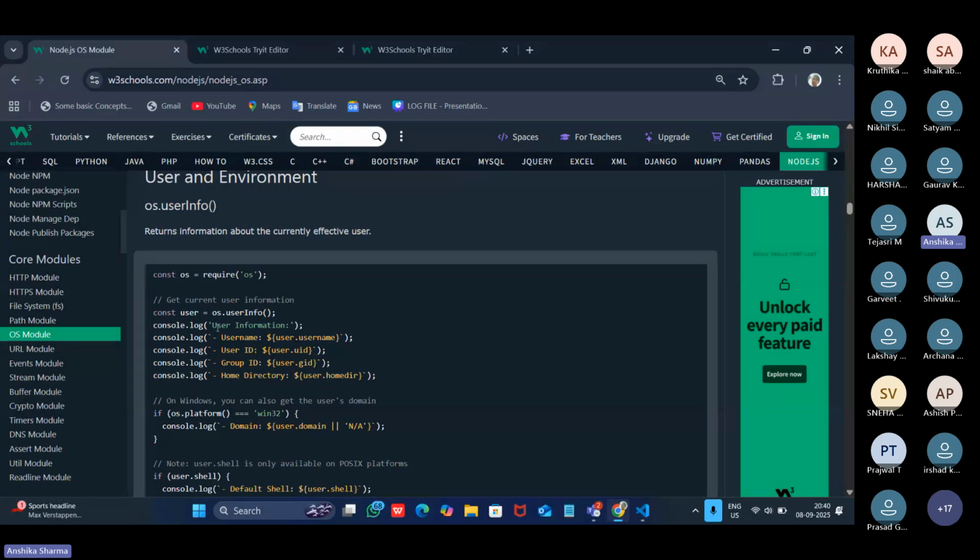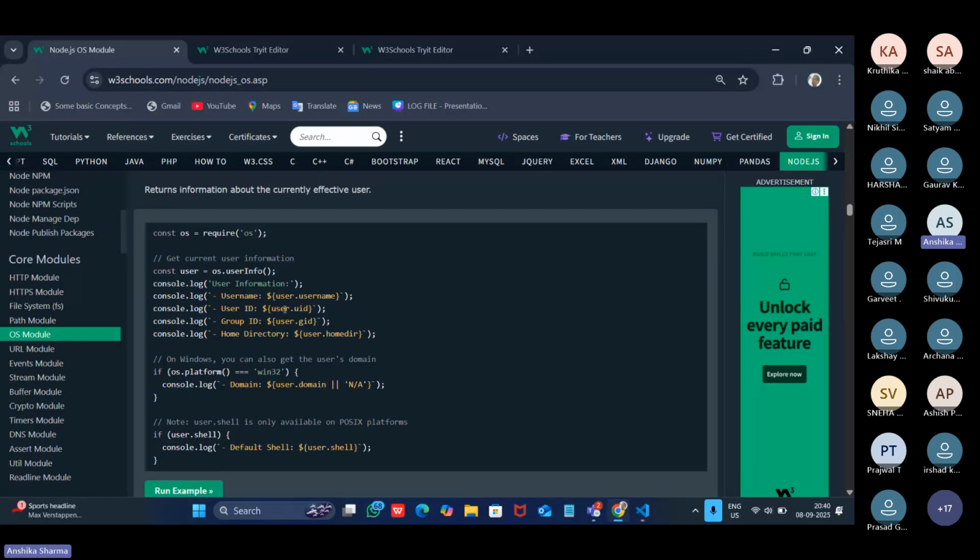Next, the first property that they are using is user.username. So you can see it is a kind of destructuring, like an OOPs concept. When we have an object that has all the information inside it, then we use the dot operator to get access to all those properties.